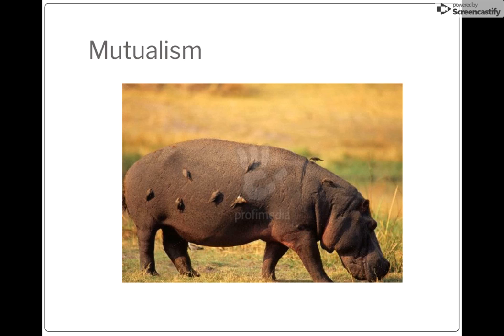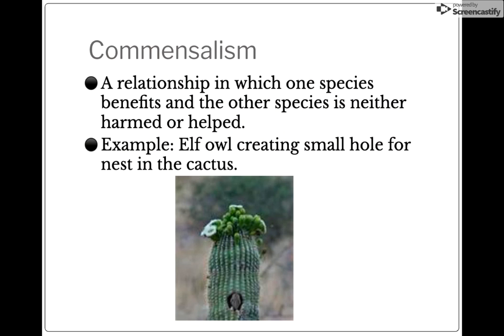Here's another example of a hippo, and you can see the birds on the hippos. They are eating the bugs off the hippo. So it's keeping various bugs off of the hippo, and they're also getting food. So both are benefiting. The next is commensalism, a relationship where one species benefits and the other species is neither